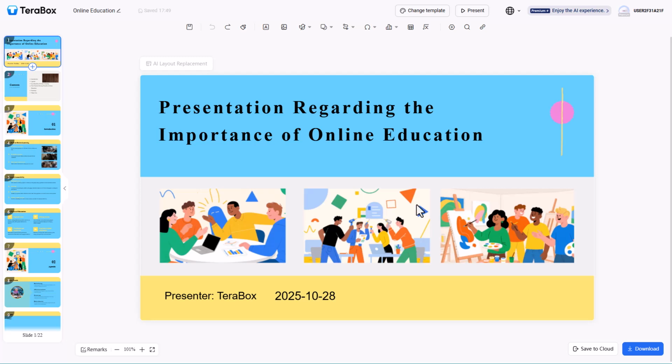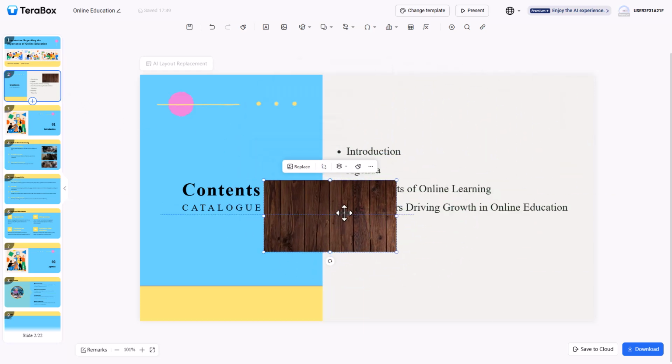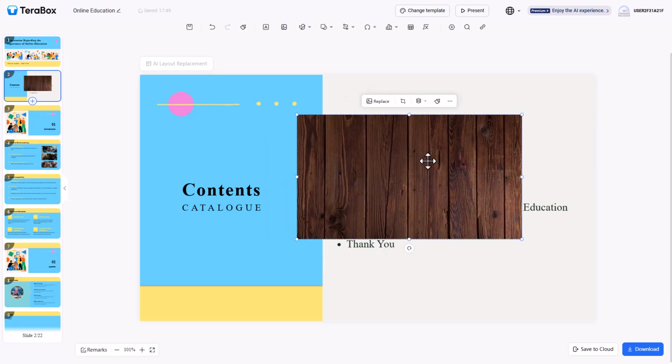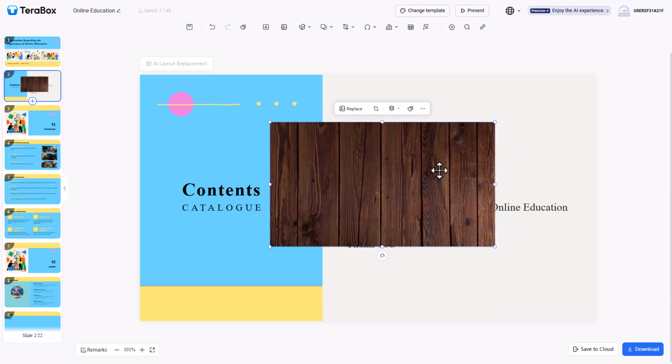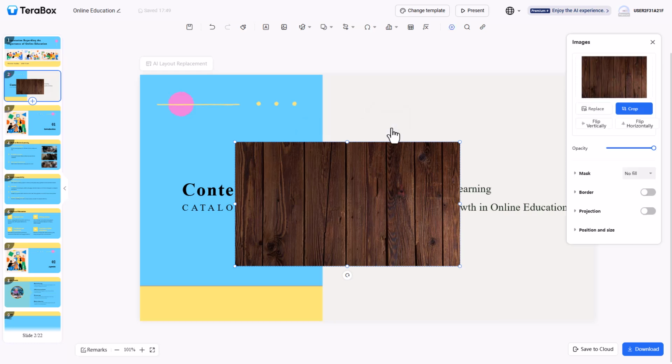So one of the things that you can do over here in slide is work with the image easily. For example, I can click and drag the image wherever I want, and click and drag the edges right here to resize it as needed. Then, in order to be more precise with the resizing and placing, you can go over here onto